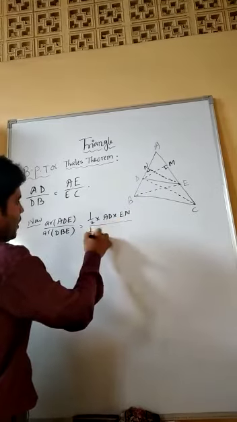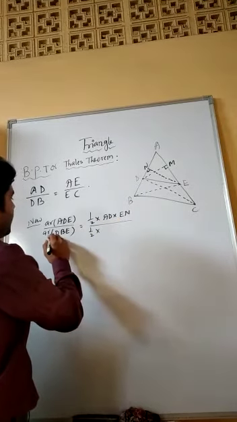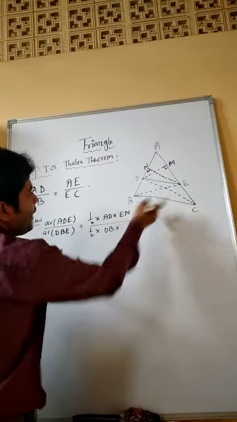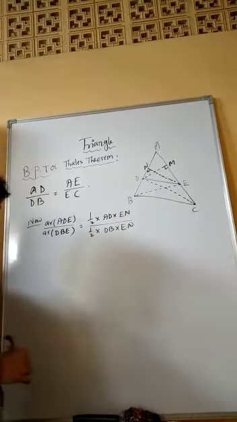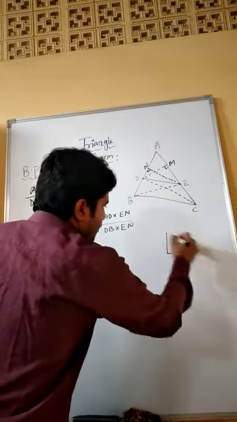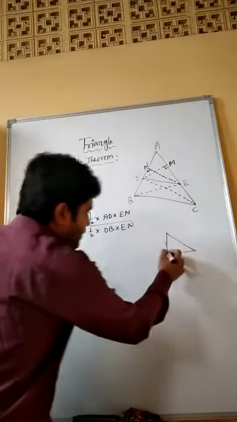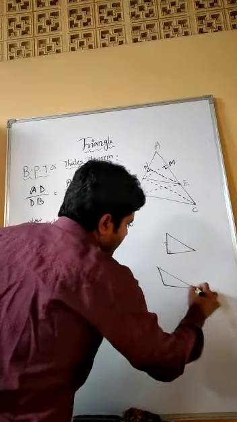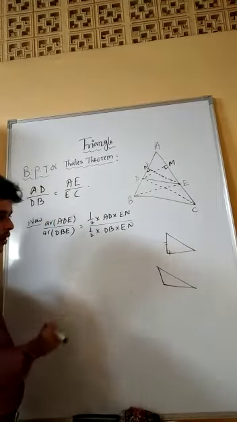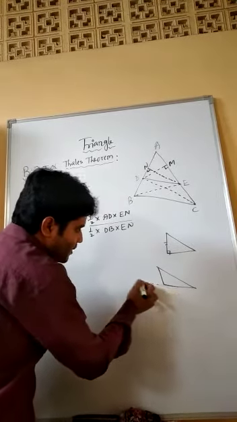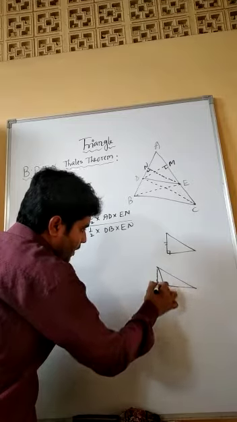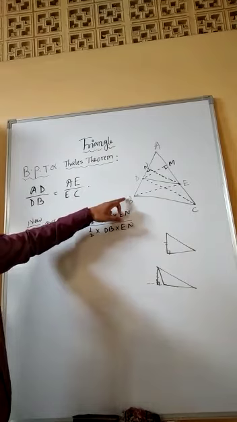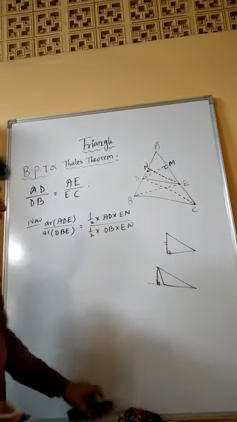I think you understand. So half into, and again for DBE, if you take DB as base, then which height? EN. Why is this EN the height? You know the procedure. Suppose this is one triangle. If the angle is 90, no doubt this one is the height. But if the shape is like that, then there is no height inside. If you take this one as base, then you have to extend it and draw the perpendicular. So this one is the height. You see, if we extend BD, then EN is the height.